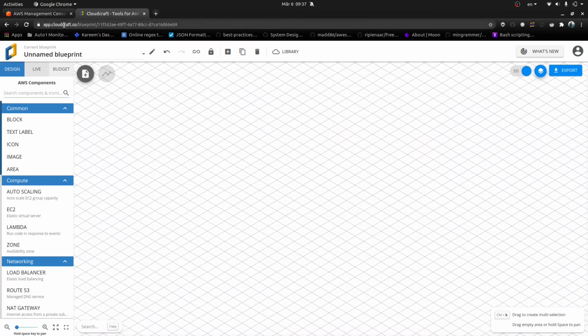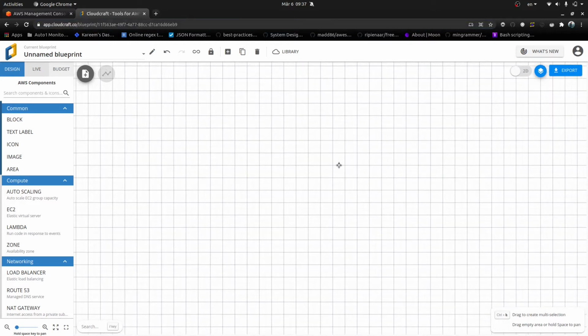So I have this tool right here, Cloudcraft, which I'm gonna use to visualize the end result of my infrastructure. So I'm gonna deploy 101 EC2 instances. One of them is going to be in a public subnet, and the other 100 will be in a private subnet. Each EC2 instance will have a hosted web server, and it will communicate with the next web server online. This will make sense once we start implementing it.